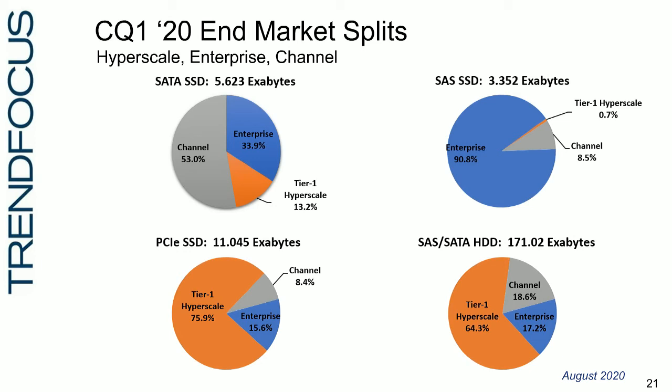anyone that's been in storage for a long time, when it relates to hard drives, especially hard drives and now SSDs, knows the channel almost always lags other markets in transitioning to new interfaces. I'll just point you to parallel ATA, parallel SCSI, 68 and 80 pin, Fibre Channel. Think about some of the efforts some companies made to try to get that going in the channel, but historically it has always taken longer, okay?